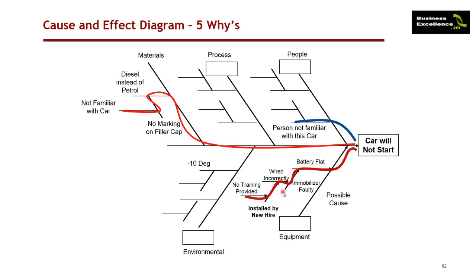Well, if you asked what caused the immobilizer to be faulty, maybe that happened because it was wired incorrectly. Ask why did that happen? It happened because it was installed by somebody who was new, who wasn't given sufficient training. So ultimately the root cause here is because the training wasn't provided to somebody who was new, they ended up wiring the car incorrectly, which caused the immobilizer to be faulty, which drained the battery, which ultimately caused the car not to start. So the root cause is really down in this area here,